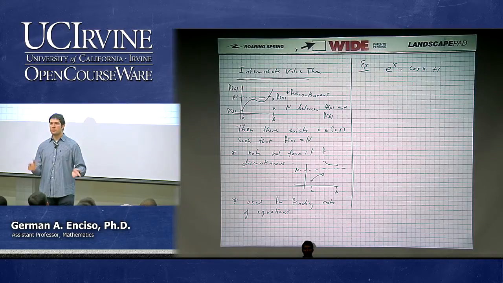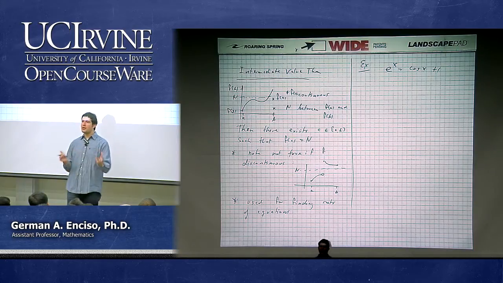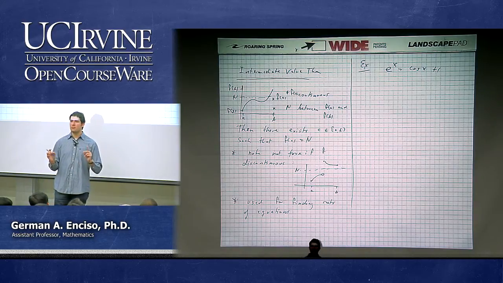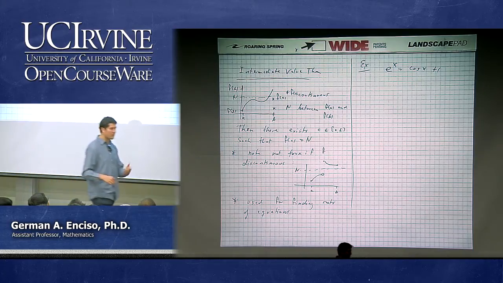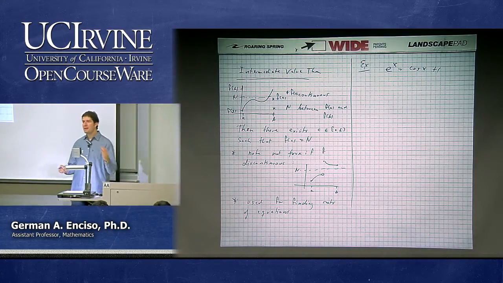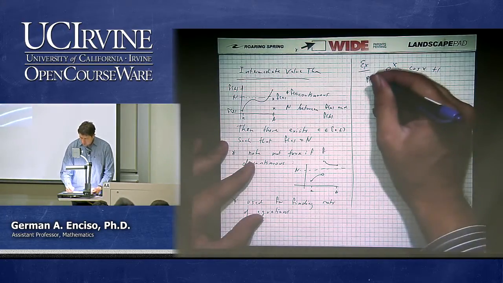If you take logarithms on both sides, you'll get rid of the e to the x, but you won't get rid of the cosine. And you can put the other stuff on the other side and take, let's say, arc cosine or cosine minus 1, but you still have the e to the x. So you cannot really solve for x. However, using the intermediate value theorem, you can prove that this equation has a root. Even if you don't know exactly where it is, at least knowing that it exists can be a very powerful thing. So, prove